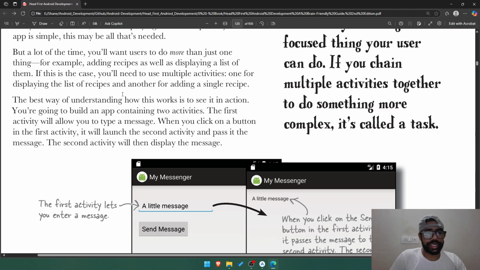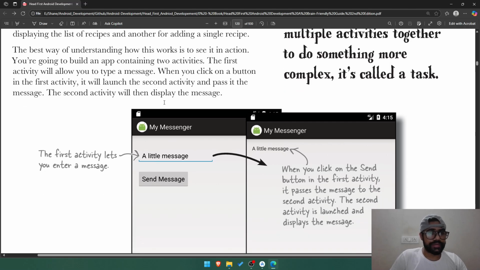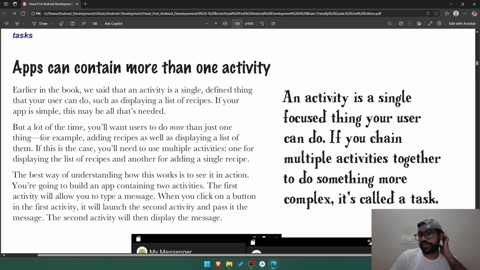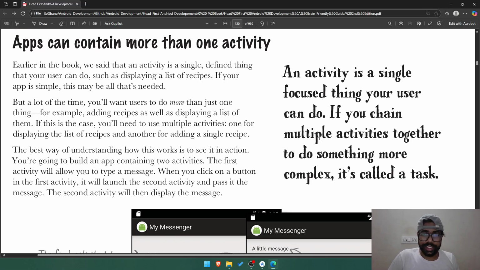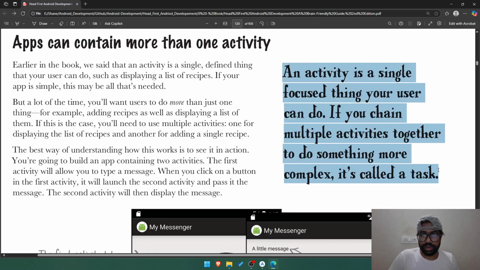The best way of understanding how this works is to see it in action. You're going to build an app containing two activities. The first activity will allow you to type a message. When you click a button in the first activity, it will launch the second activity and pass it the message. The second activity will then display the message. Okay, an activity is a single focused thing your user can do. If you chain multiple activities together to do something more complex, it's called a task. Okay,